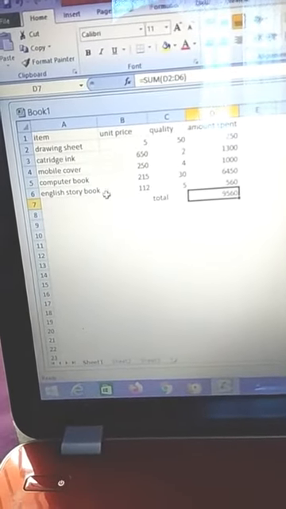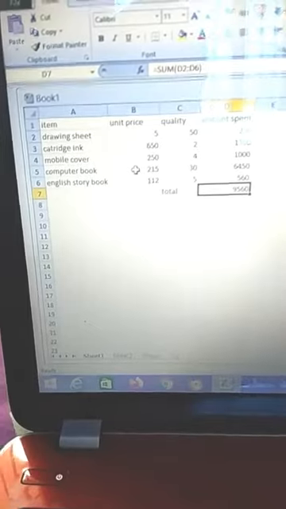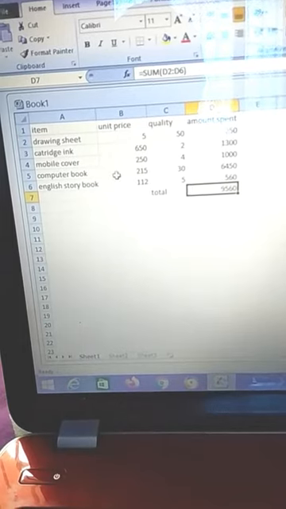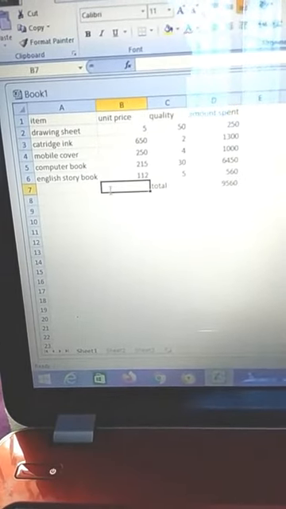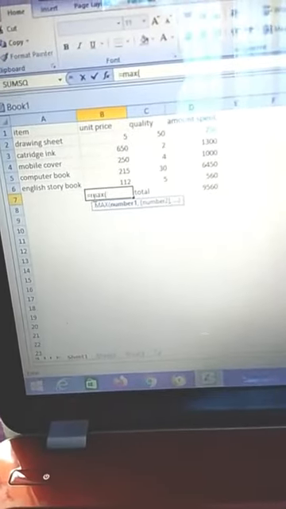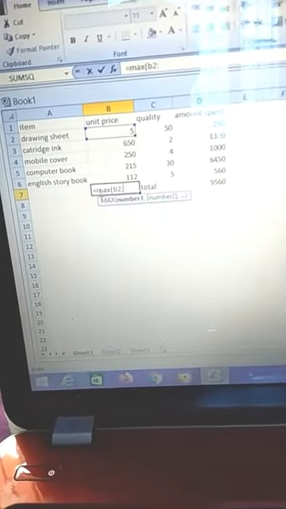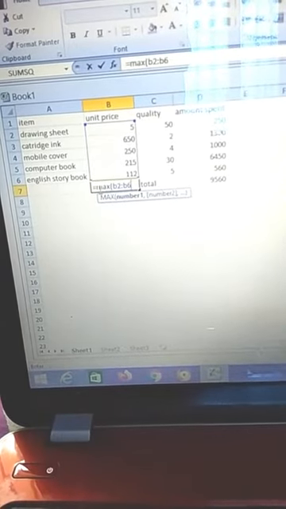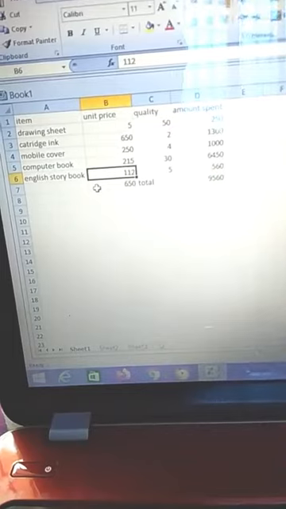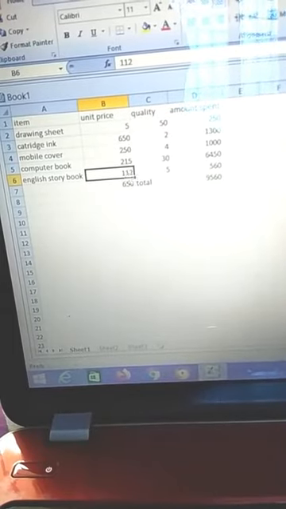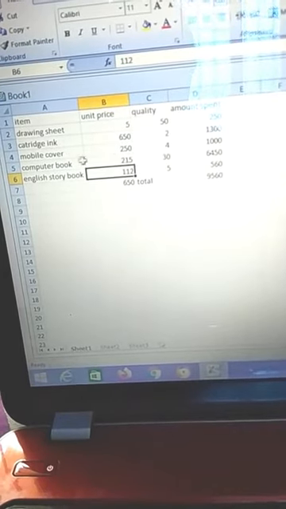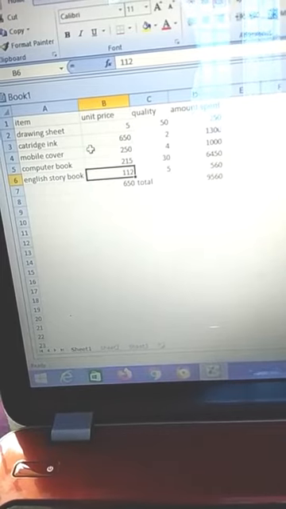And second, we have to get the maximum price of a book in that content. So here we put equals max, under bracket, B2 to B6, and close your bracket, then press the Enter key. We got our answer, and 650 is the maximum price in that category. You can see that Catrice ink has the maximum price.